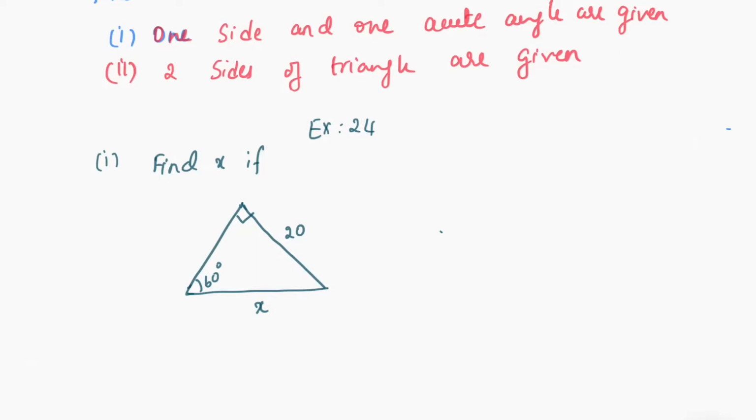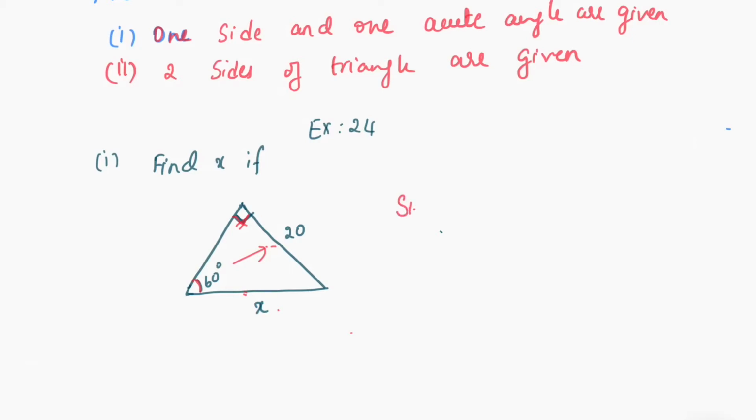How do we solve this type of question? Okay, now let's have a look at the figure. This is the hypotenuse, right? How? Because you have the right angle here. So the side opposite to the right angle will be the hypotenuse. So x is your hypotenuse, and for this 60 degree angle, this 20 is the perpendicular, correct? And this is the hypotenuse. So we need a relation between perpendicular and hypotenuse here. So dealing with perpendicular and hypotenuse you can use the ratio sine.